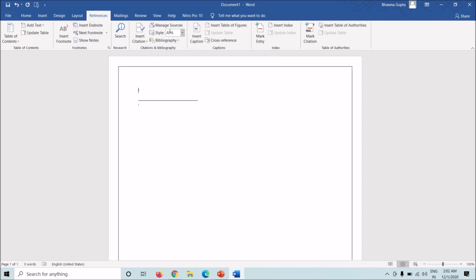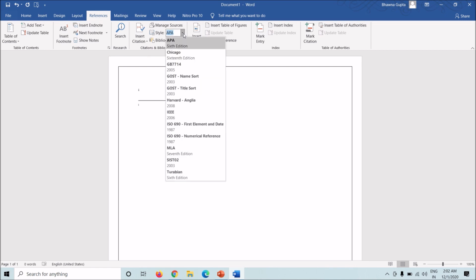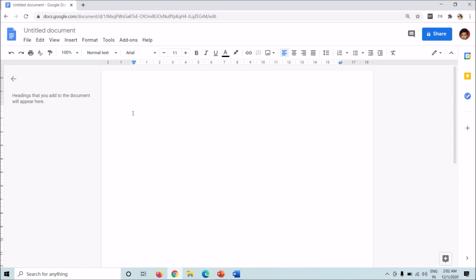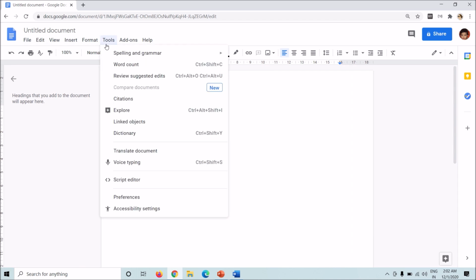And you can also choose the style of citations. This is the APA style of citations, which the college students must be familiar with. The Chicago style and all these styles, which the college students are familiar with and know how to add. The Docs lacks in this area.